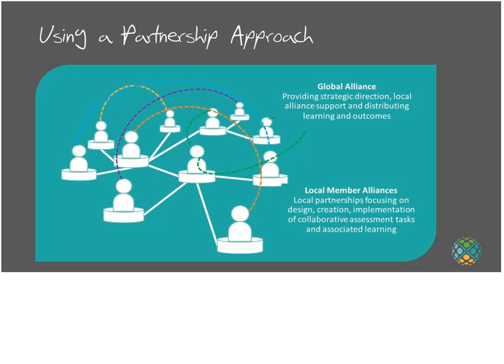Each local alliance is supported in the design, creation, testing, and deployment of a number of collaborative assessment tasks. Through this process, they will gain not only new collaborative assessment tasks, but also the knowledge and skills in how they can design and create their own tasks. In this way, the Alliance will build capacity through supported design and creation of collaborative assessment tasks, knowledge sharing activities, and working as part of a global alliance where members will be encouraged to learn from each other. And Alliance members will be supported by people involved in the international projects such as ATC21S, ensuring the learning is extended through Alliance members.